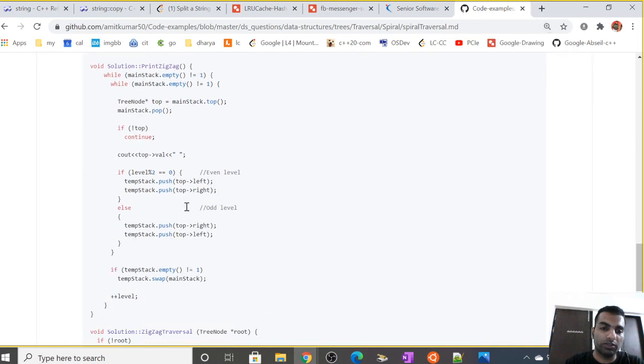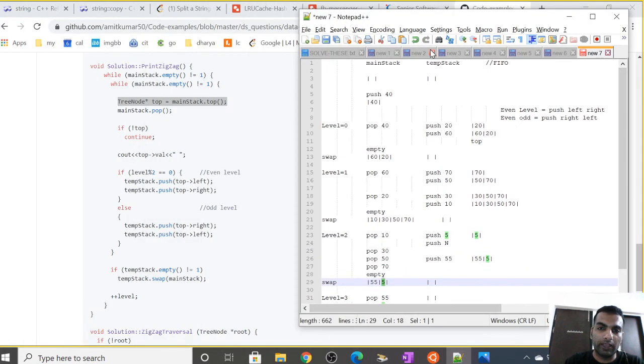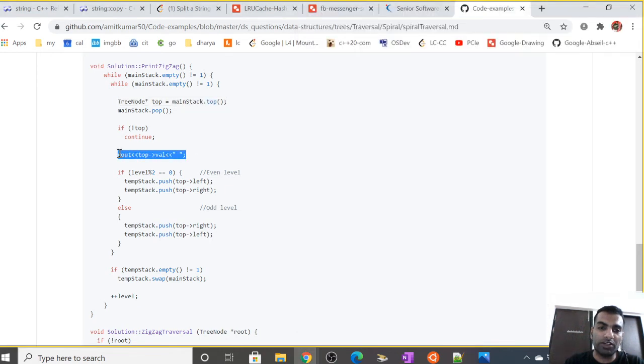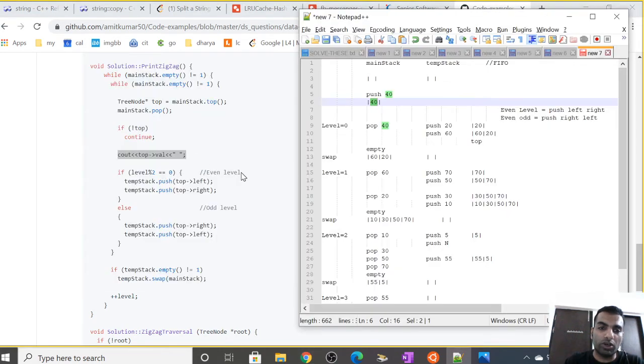I'll just zoom it, maybe smaller. So what happens here is I'm just traversing in two while loops. Both the while loops check if the main stack is not empty. So let's go inside the second loop. Initially the top entry is popped. So here 40 is popped. Now if this top is null, we have to continue, we do not need to add anything, I have just printed it here. So now if our level is even, and in this case our level was even, yes, level 0,